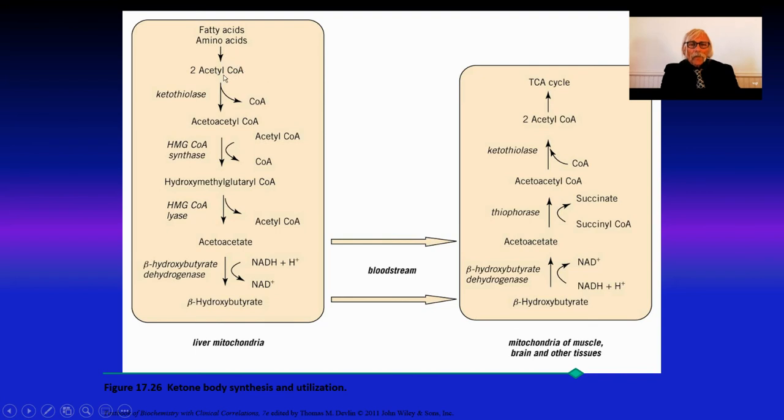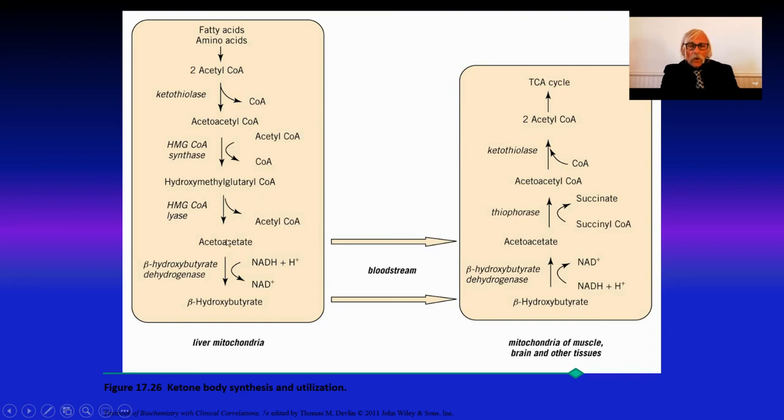Fatty acids and amino acids can be converted to acetyl-CoA. There's an enzyme called ketothiolase. You take 2 acetyl-CoAs, you make acetoacetyl-CoA. There's an enzyme that follows called HMG-CoA synthase. This is all in the liver mitochondria, which takes another acetyl-CoA that makes the 6-carbon hydroxymethylglutaryl-CoA, which is then converted